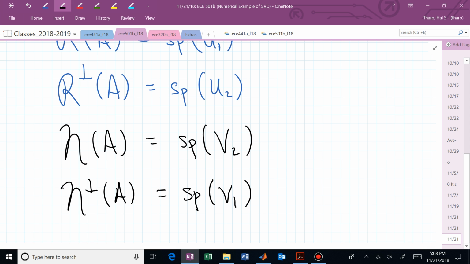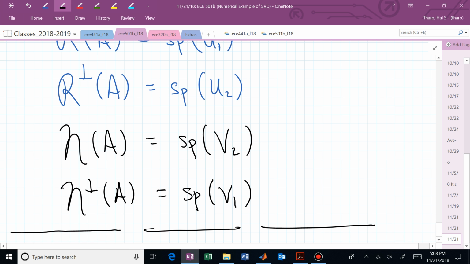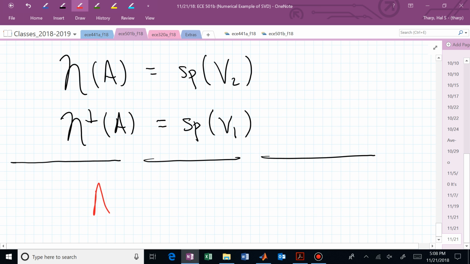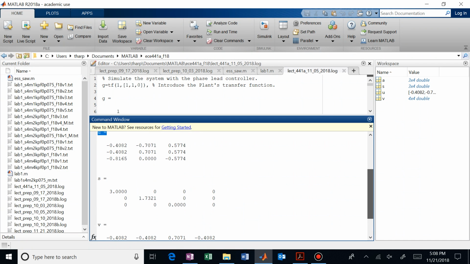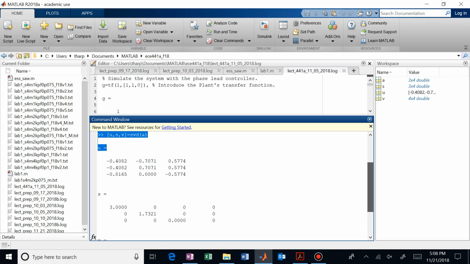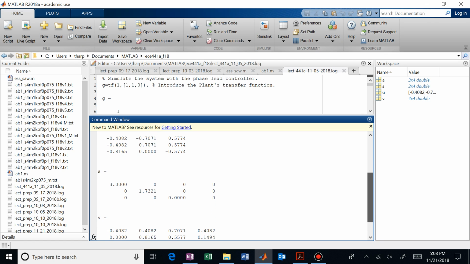I really can't emphasize enough the significance of this singular value decomposition. A matrix A is equal to U sigma V transpose. That can be computed in MATLAB,